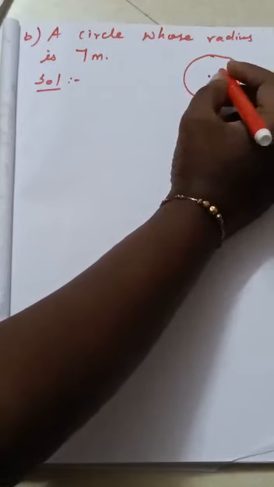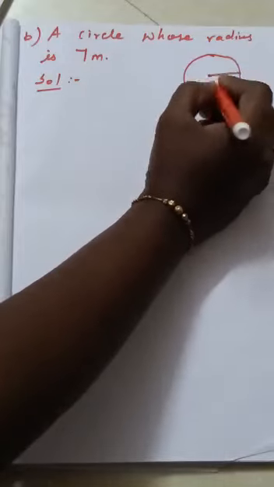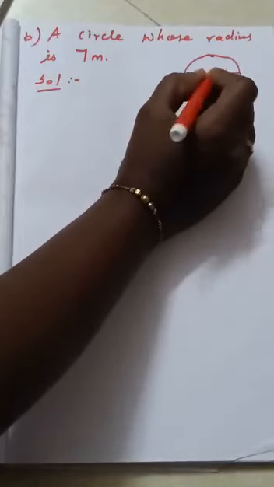I'll write down the formula. Just check it. I hope you remembered. Area of circle is equal to pi r square. Area of circle formula is what? Pi r square. I hope you remember. Radius is what? From the center point we get the radius. I hope you remember, right?